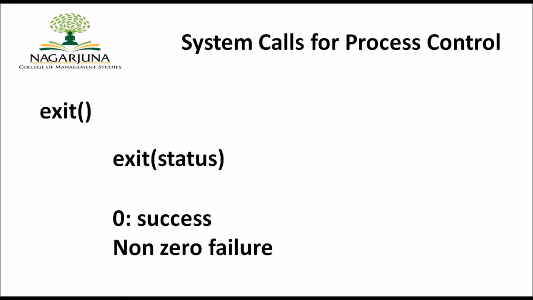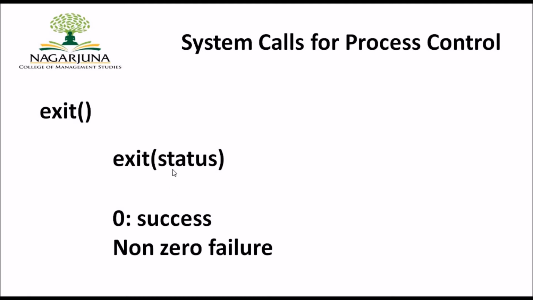system call, that is exit. Exit is a system call which is part of process control, where it ends a process and returns a value to its parent. Once your child process has successfully completed its execution, it returns a status. If it returns 0 as the status, it represents that your process has ended successfully, and it returns the process ID of that child process to your parent process.